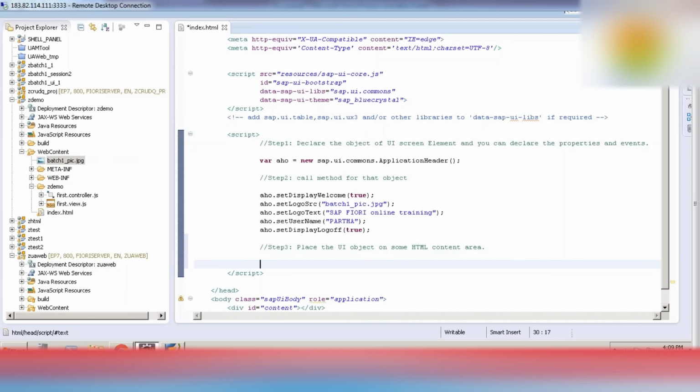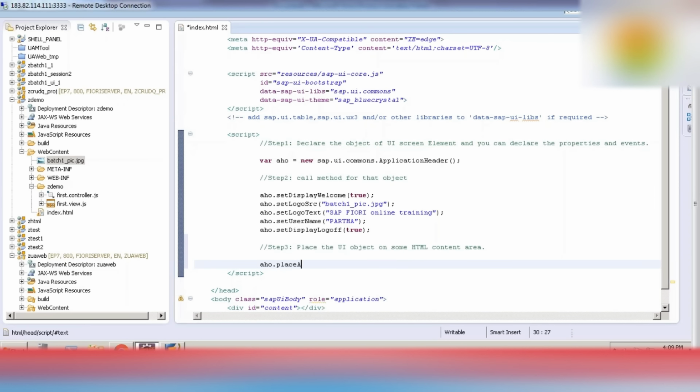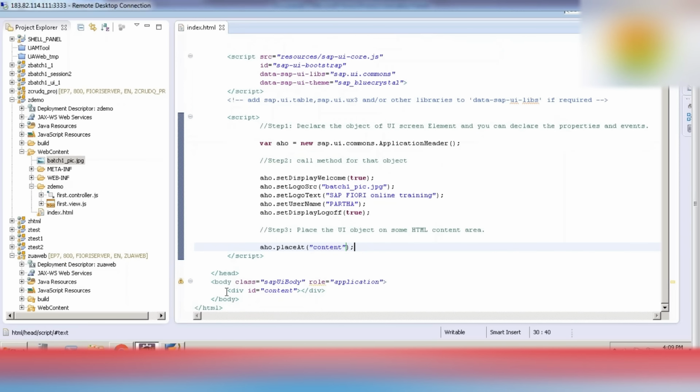For that, just use that object name, application header object, and use this standard class. And here just give the HTML content area ID. Here I have a div HTML tag.